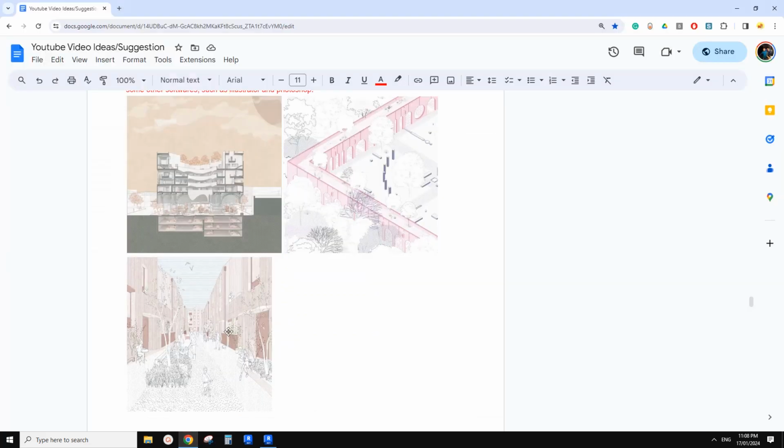So basically this one and this one, the difference is the section box. So this one's cutting, this one's not. So this is